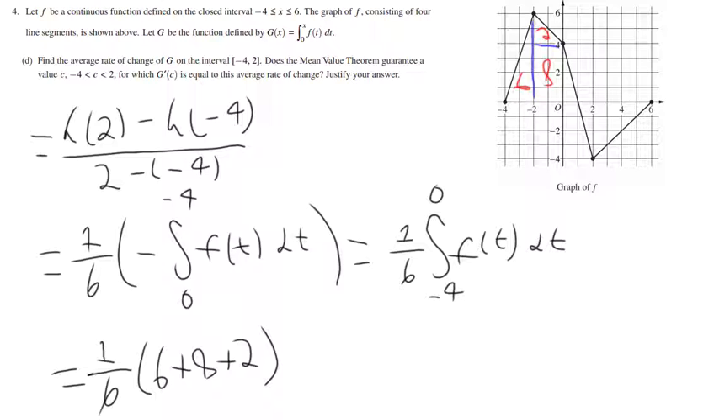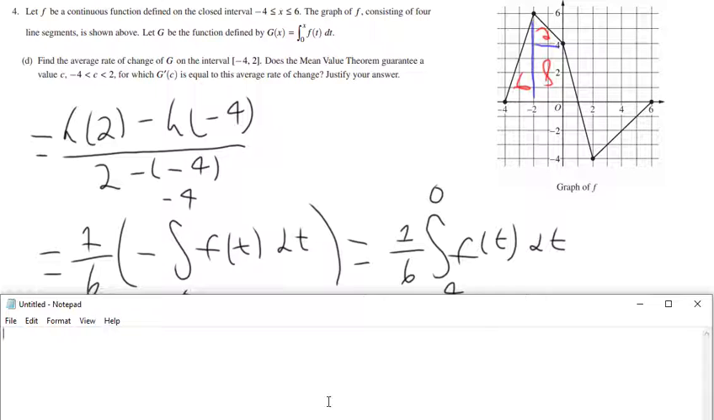And now we have to do the thinking part. Does the mean value theorem guarantee a value of c between negative 4 and 2, for which g prime of c is equal to this average rate of change? And we have to justify that. So I'm again going to pull up the notepad and type this. And the answer here is going to be yes,